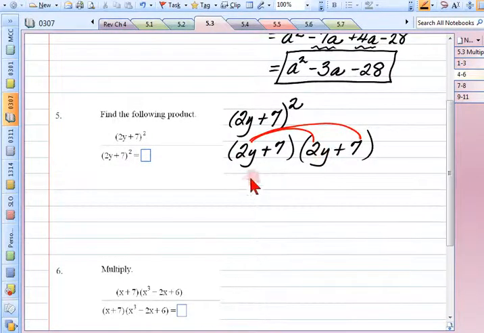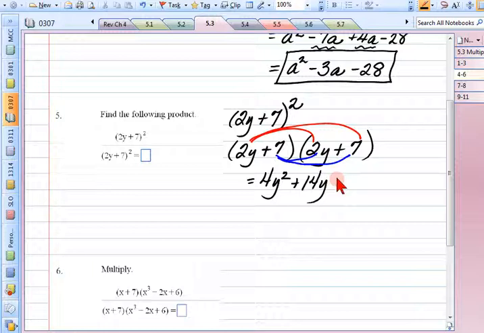2y times 2y is 4y squared, and 2y times 7 is 14y. Then I'm going to turn around and distribute the 7. 7 times 2y is 14y, and 7 times 7 is